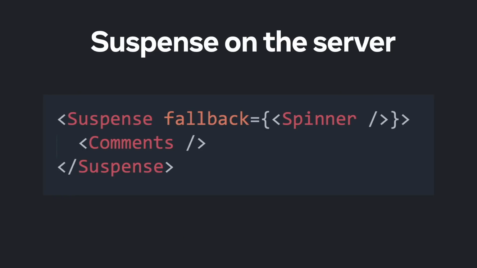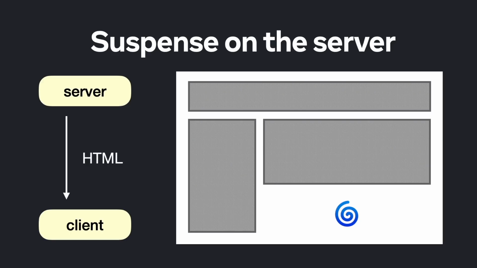You couldn't tell React to defer loading of a slow component and couldn't tell React to send HTML for other components. But with React 18, we have support for suspense on the server, which means with the help of suspense, you can wrap a slow part of your application, maybe like a comments component, telling React to delay the loading of this slow component. This can also be used to specify a loading state, so maybe we can show a spinner while comments is loading.